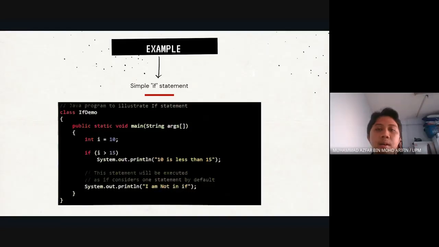Okay, here the number in the program is 10. We have put the condition of this program as i is more than 15. I'm sorry, I made a little bit of an error in what I explained to you. So we have i equal to 10, and the condition of the simple if statement is i more than 15. So if the number i is more than 15, like 16 or 18, the program will execute